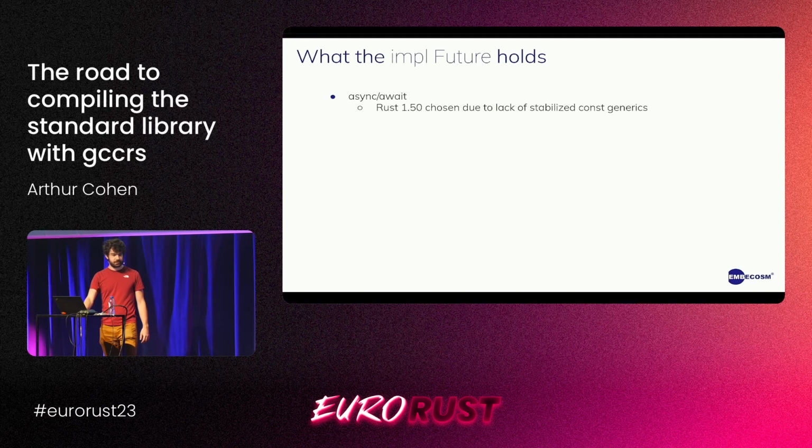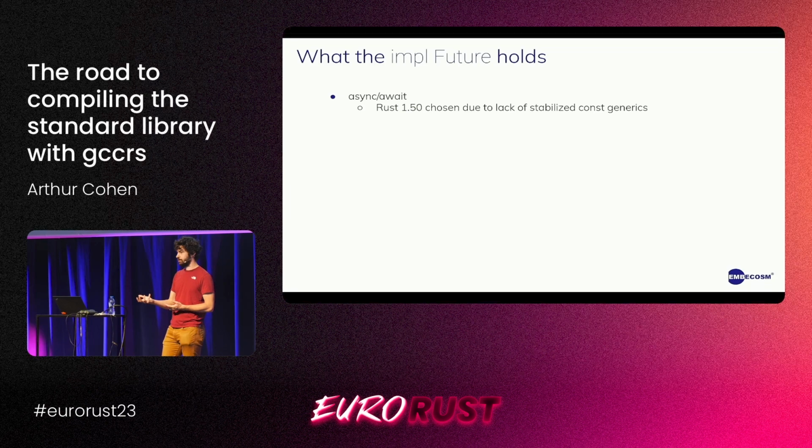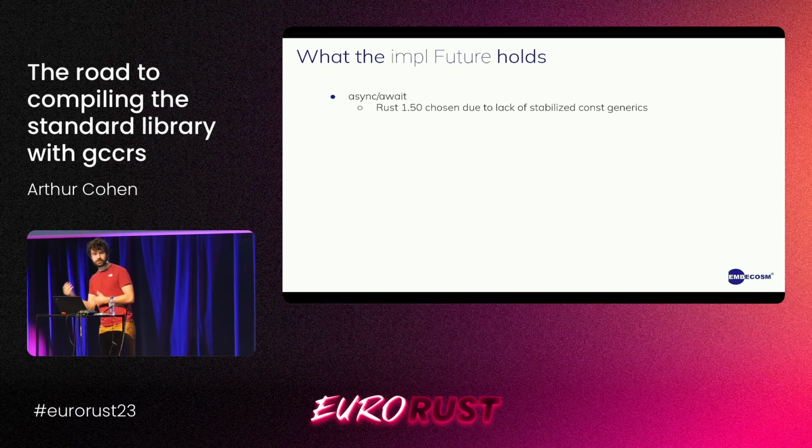All right, so what does the future hold? First of all, async await. As you know, async await is available in Rust 1.49, so that means we have to support it. And one of the reasons we chose Rust 1.49 and not Rust 1.50 is that Rust 1.50 allows const generics. And we were like, well, const generics sound hard. We don't want to do them, so we're going to target Rust